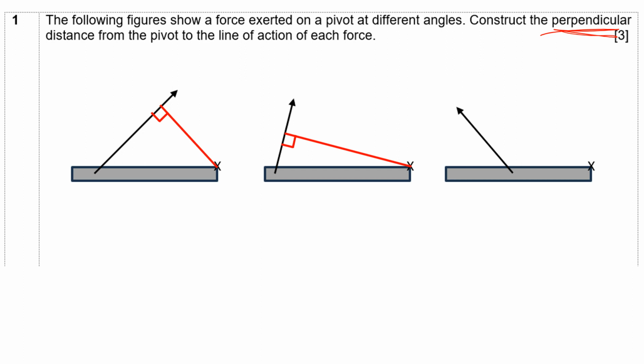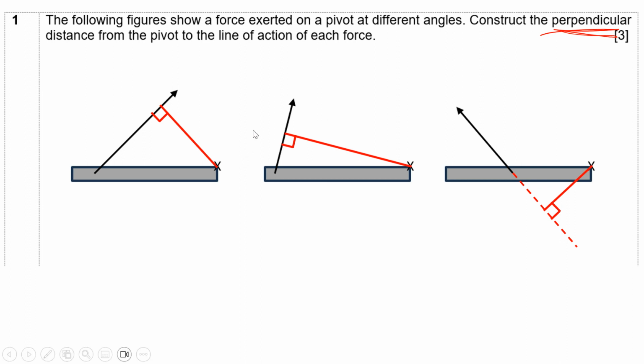Why is that so? Because when you draw your perpendicular line, you might realize no matter how you slide it along your force, there is no way for you to connect it to the pivot. However, you have to remember that the perpendicular distance is from the line of action of the force, not just what you see in the diagram. And the line of action of the force extends beyond the actual arrow itself. So you can actually slide the set square, construct this line,